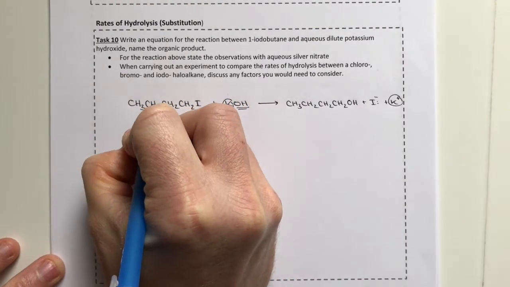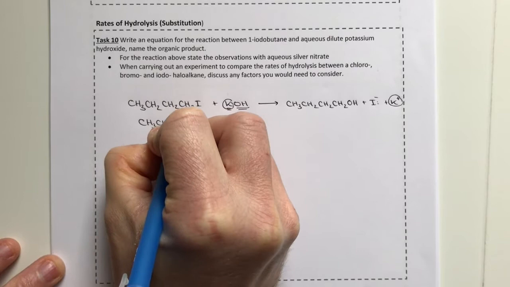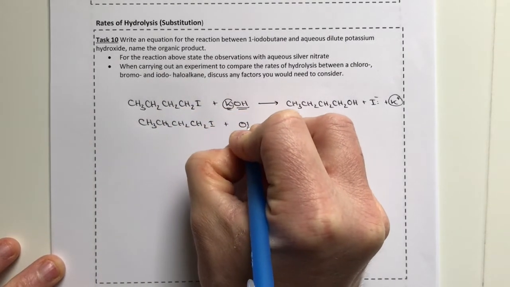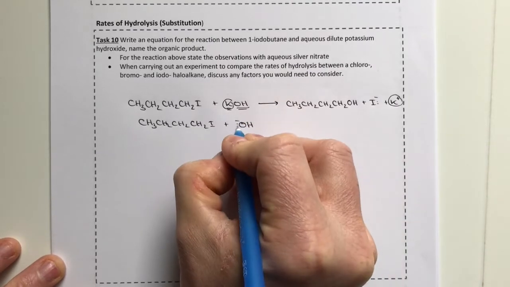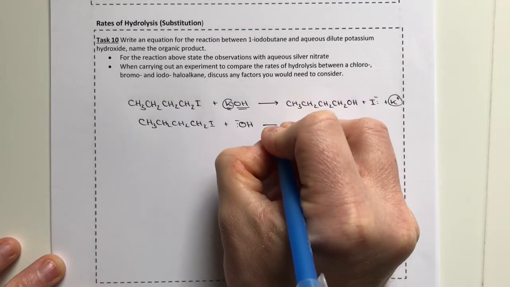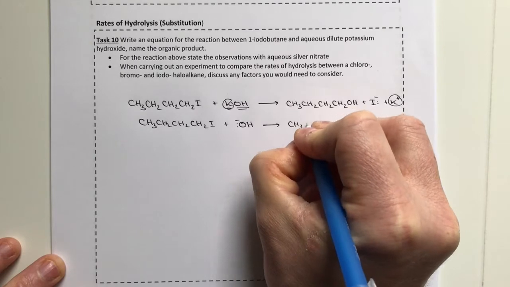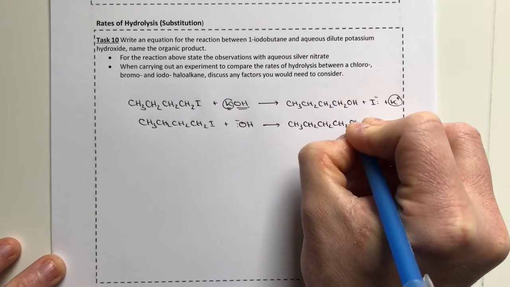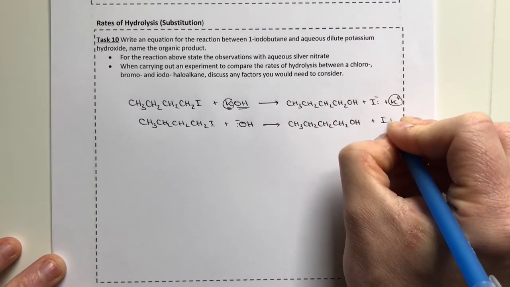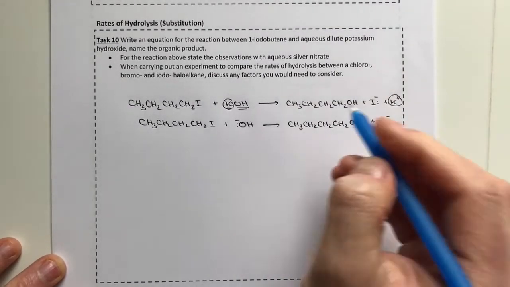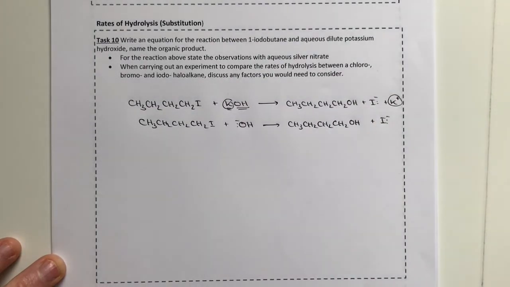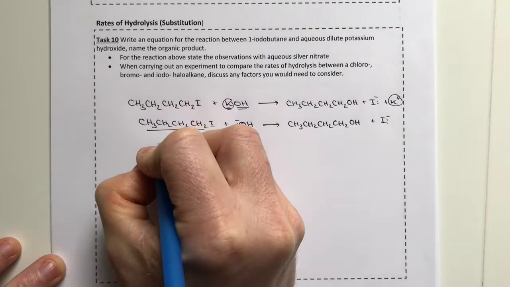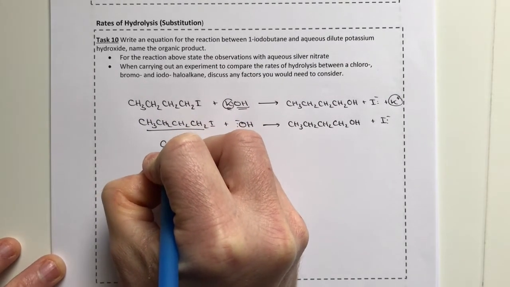So you could have CH3CH2CH2CH2I plus OH minus, make sure negative charge and lone pair on the oxygen of the OH, and that's going to give us CH3CH2CH2CH2OH plus I minus. Okay, so exactly the same equation, just ignoring the potassiums. Note that I've used a structural formula in these. I have not used a molecular formula of